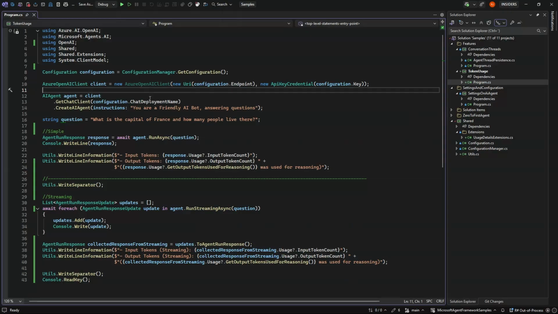So here we have a simple chat where we do the run async and the run streaming async. And we are going to ask the system to just tell us what the capital of France is and how many people live in that capital.